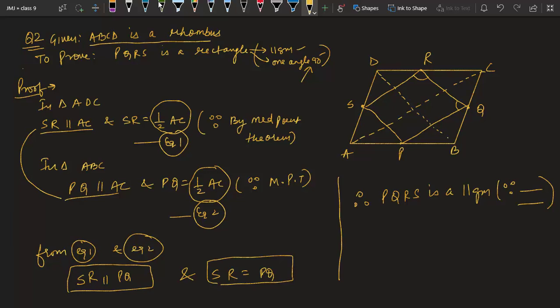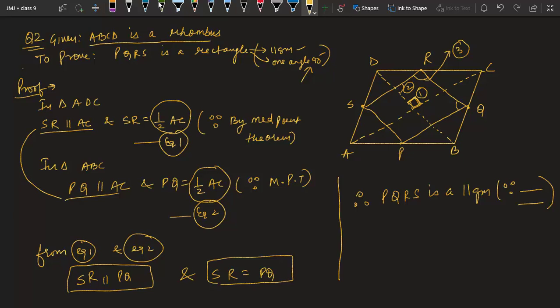So if I draw the second diagonal, this angle I know is how much? Right angle. That is why I have drawn this square angle to show I know it is a right angle. Let me call it angle 1. Okay. Let me call this angle as angle 2 and let me call this angle R as 3. My job is to reach from angle 1 to angle 2, from angle 2 to angle 3. I have shown you the path. Now you can pause the video and try to understand how can you prove this, and with that you can prove it is a rectangle.